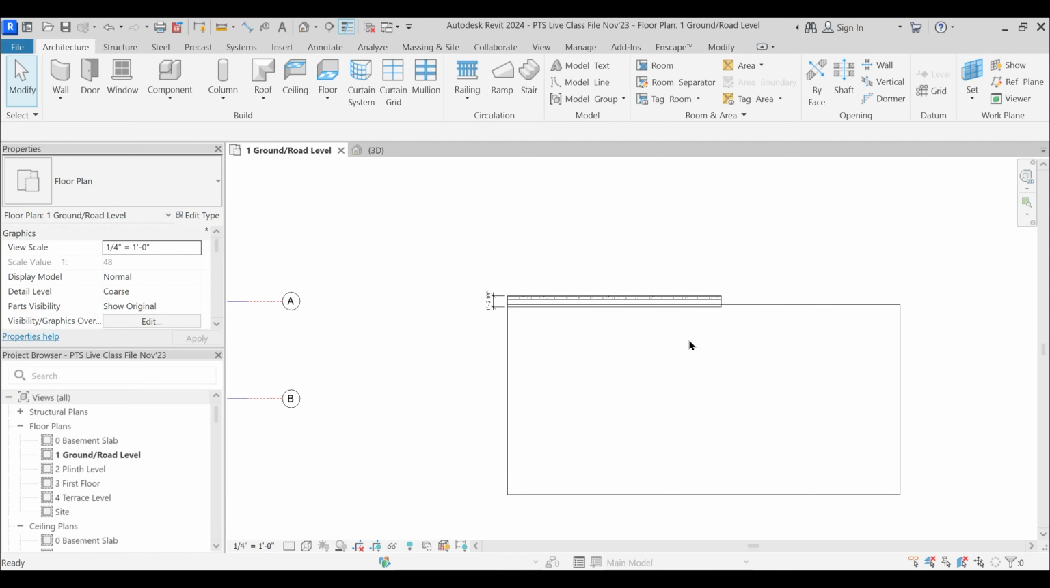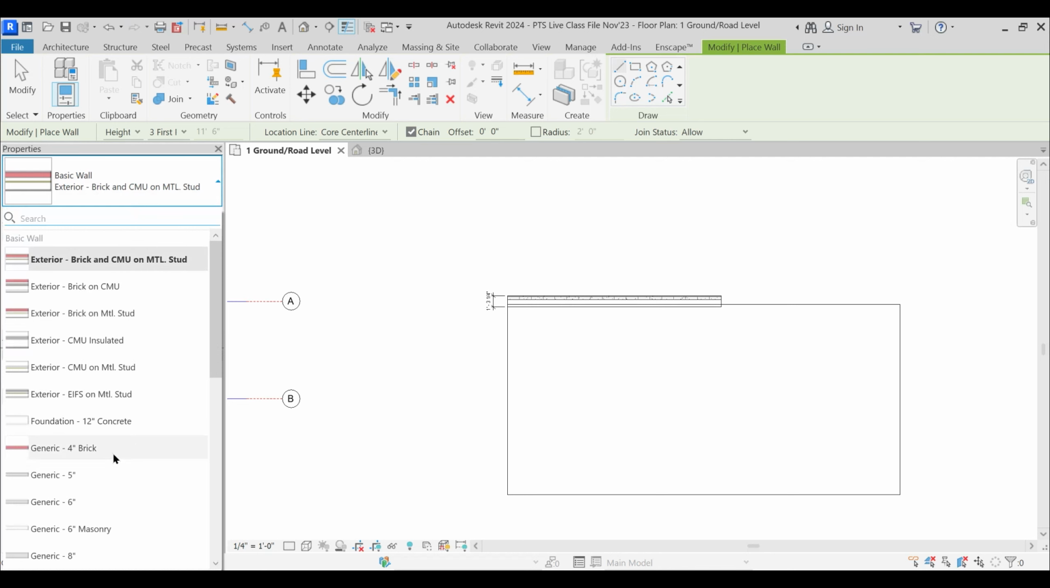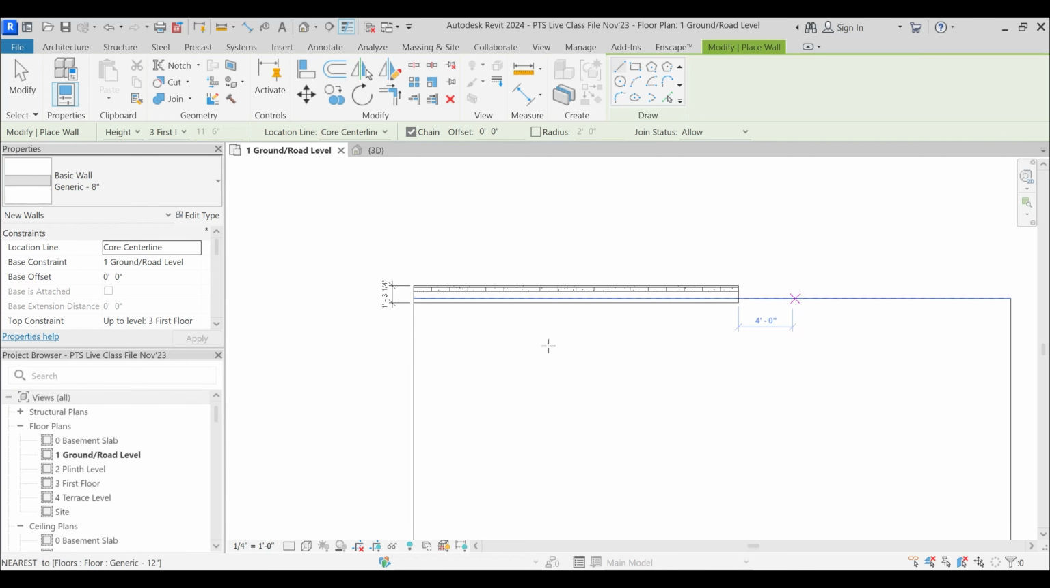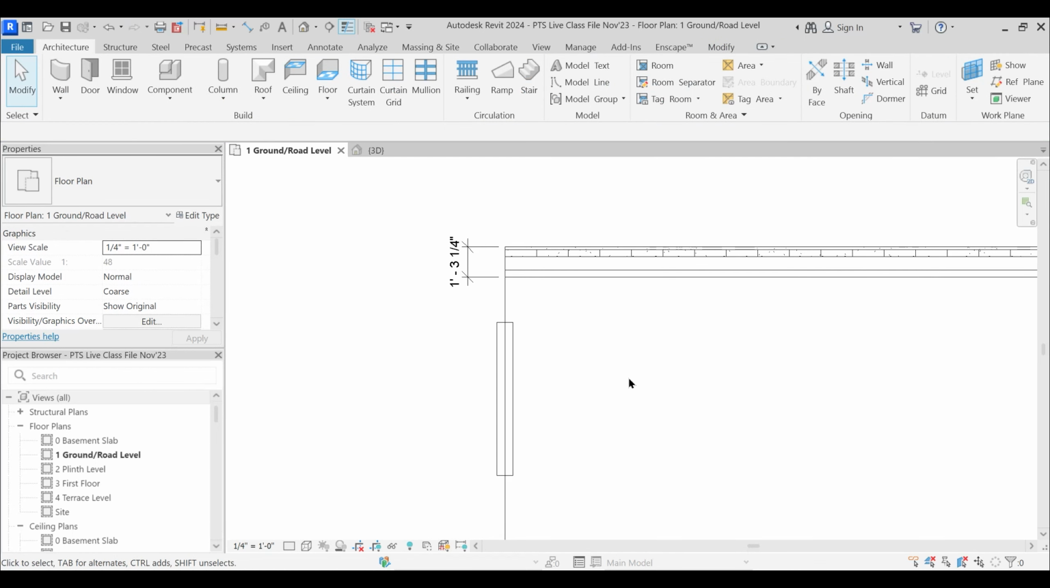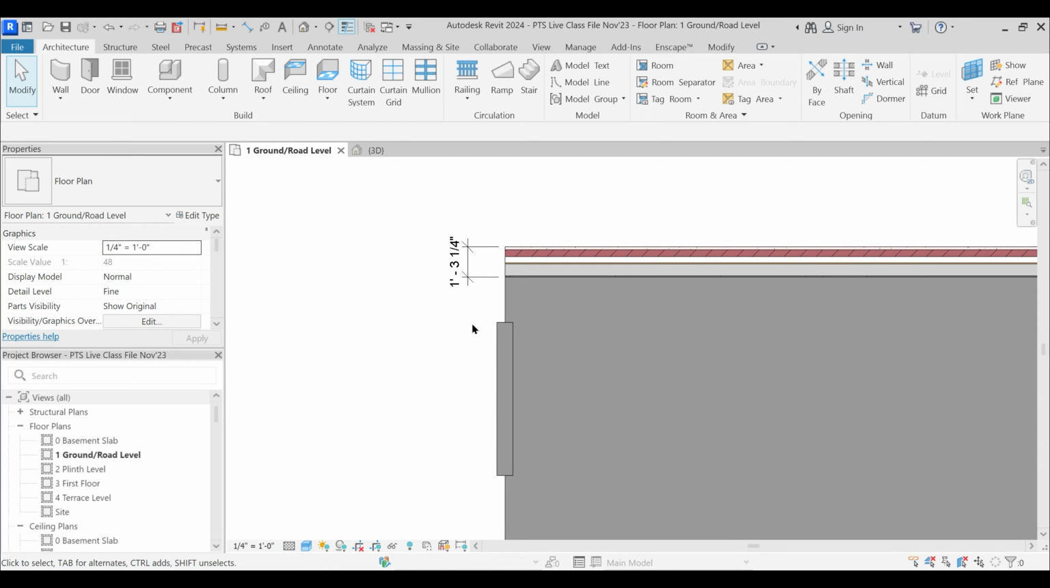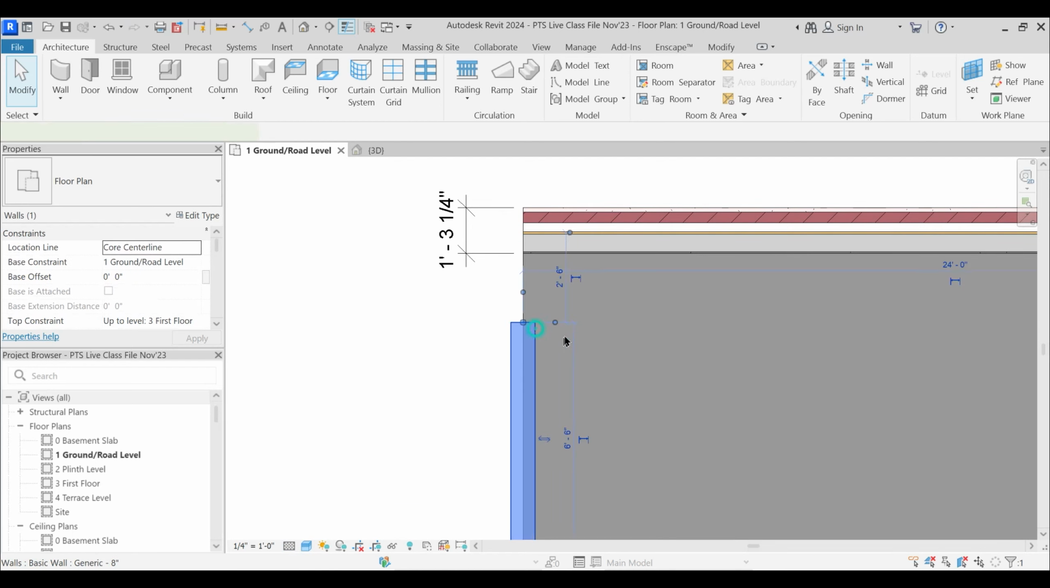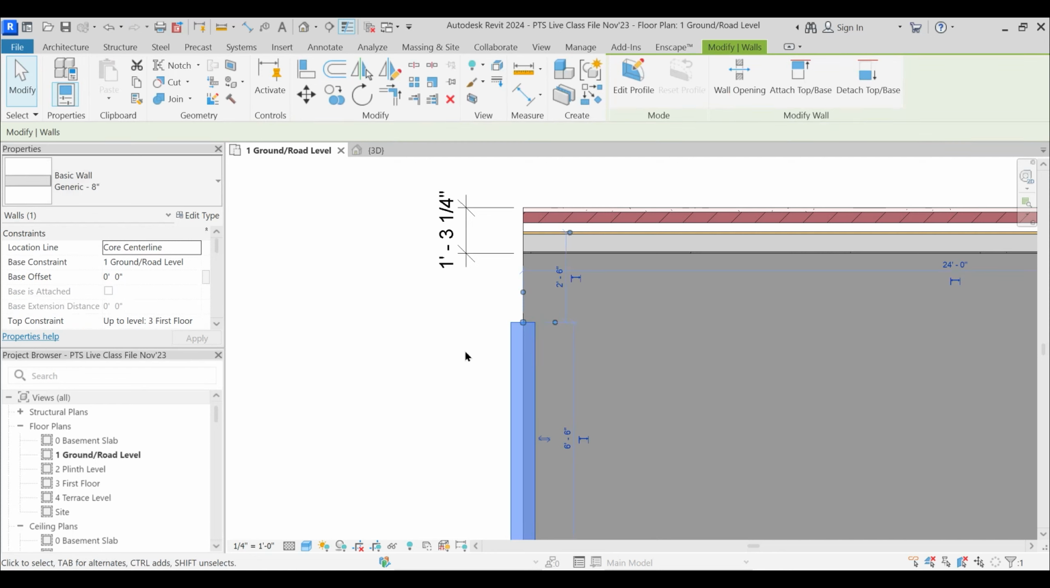Also, if I say wall, WA, and an 8-inch wall, I will just draw this here. Now, from here, I will turn this, this is called the detail level, to medium or fine. Medium and fine are one and the same, but this visual style I'll change to shaded. Then what you see is that this particular generic 8-inch wall appears different, and this